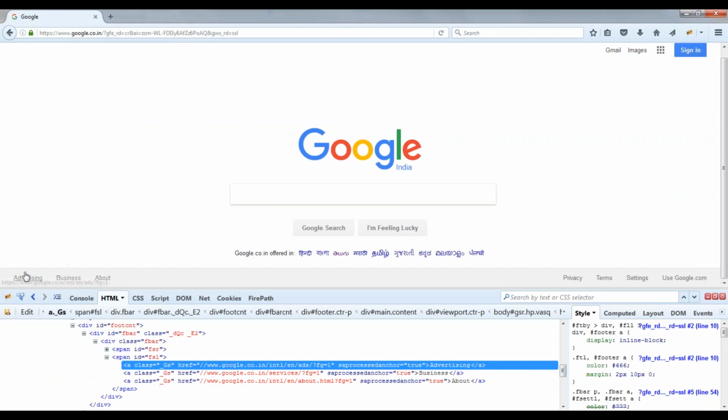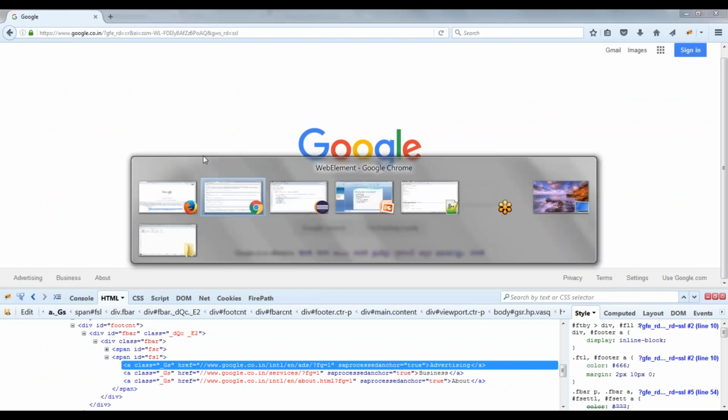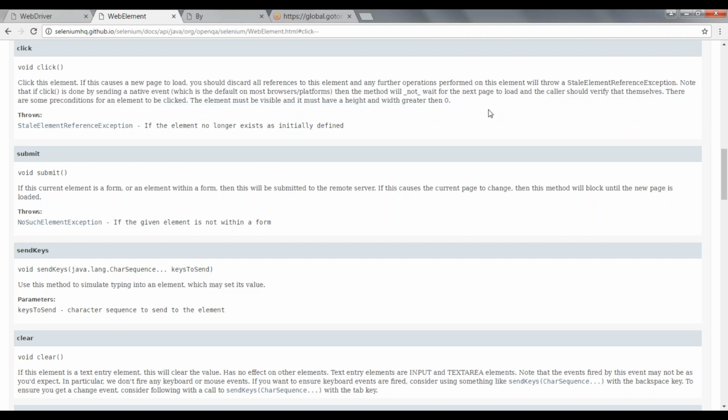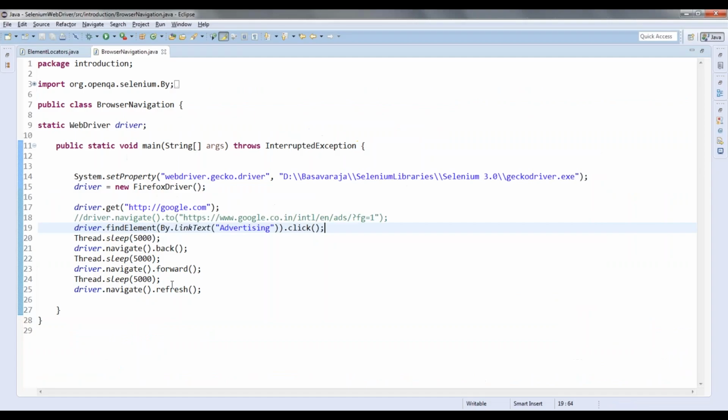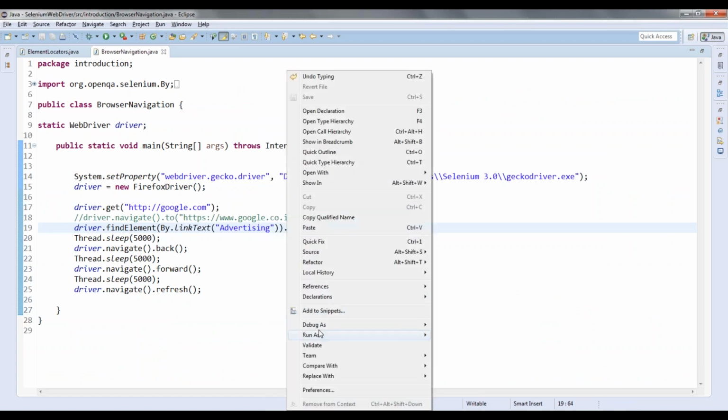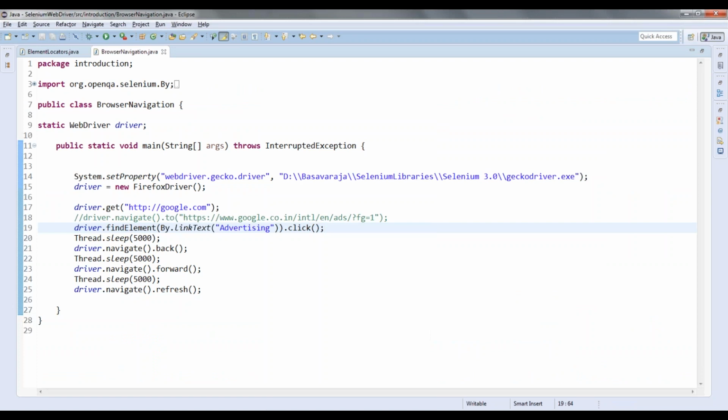In the sense, once you click on this particular link, if it is going to the next page, then if you try to click on the same link, it's a stale element because the page has been refreshed, and in the new page that element reference will not be there. That is called stale element. So that's the operation of click, right? You will get a stale element exception if you try to find that element in the new page. Okay, so let me run this.